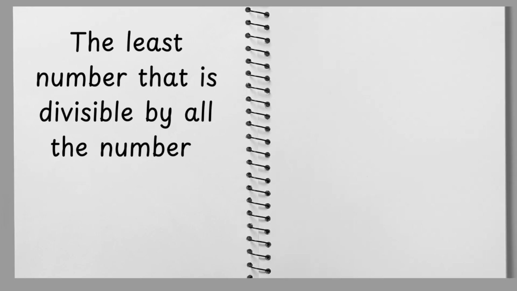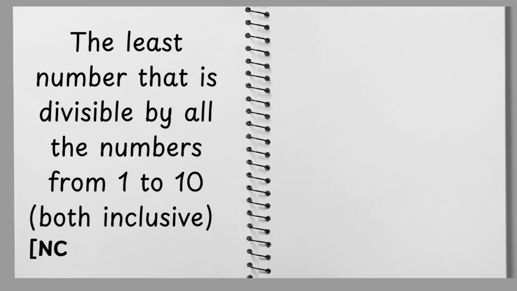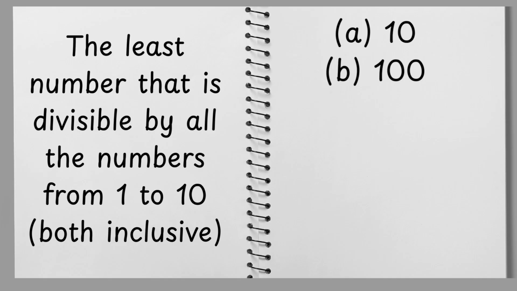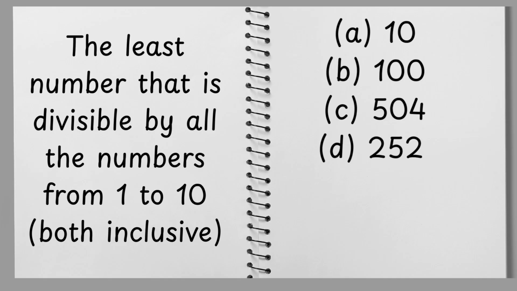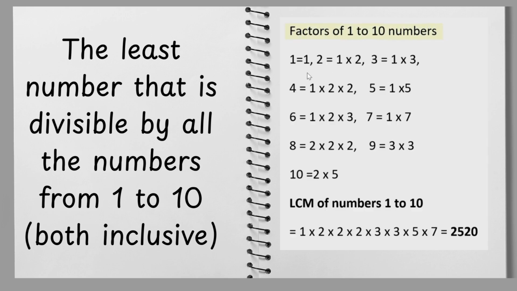The least number that is divisible by all the numbers from 1 to 10, both inclusive. A 10, B 100, C 504, D 2520. Factors of the numbers 1 to 10 are: 1 can be written as 1 into 1. The factors of 2 are 2 and 1. Factors of 3 are 3 and 1. For 4 it is 2 and 2. For 5 it is 1, 5. 6 is 2, 3, 7 is 1, 7, 8 is 2 into 2 into 2, 9 is 3 into 3, and 10 is